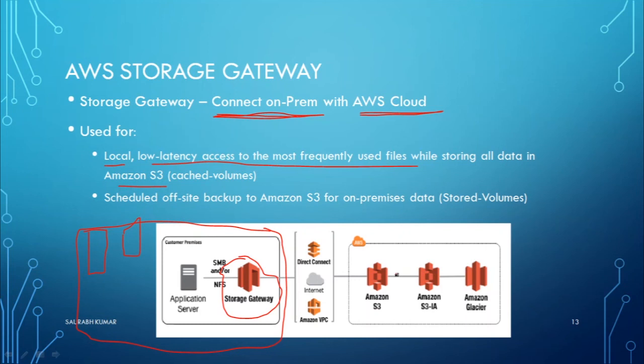So maybe you want to schedule a backup at 11:55 p.m. every day, and you want to start the backup then. If you want to do that in the right way, with fast speed and better latency, you can again use the storage gateway there. The storage gateway works like a connecting point. It helps you get in touch with S3 with proper security, proper encryption and all.